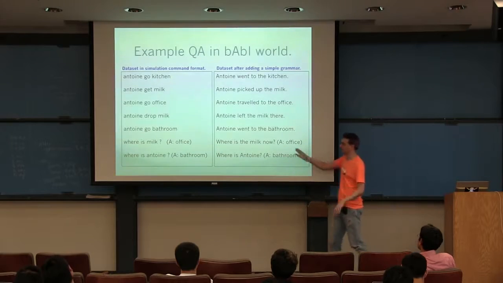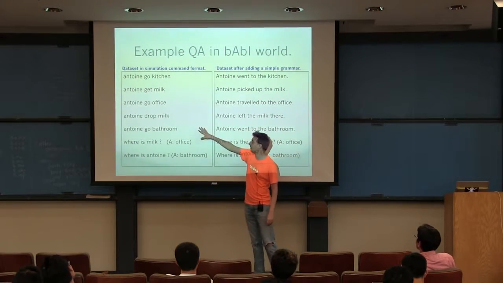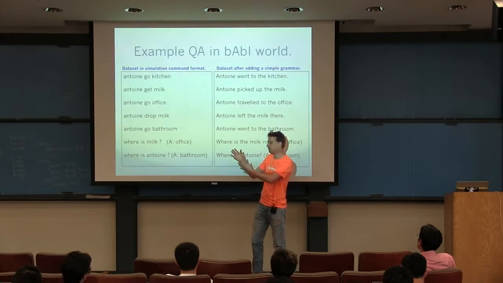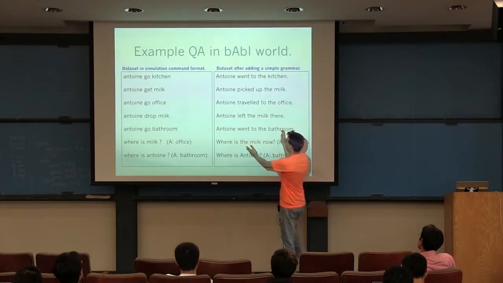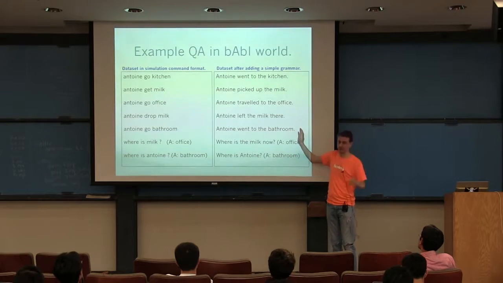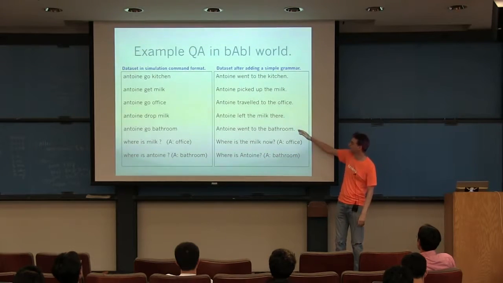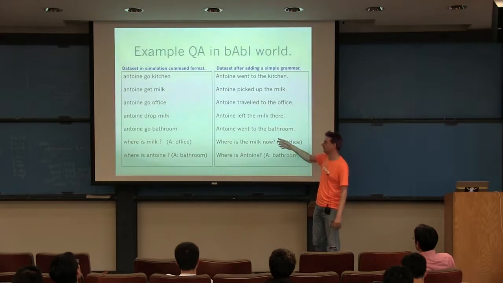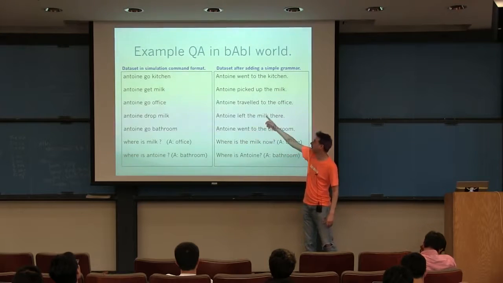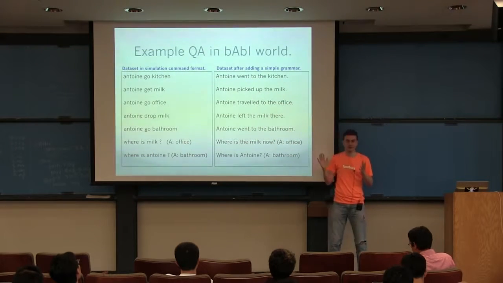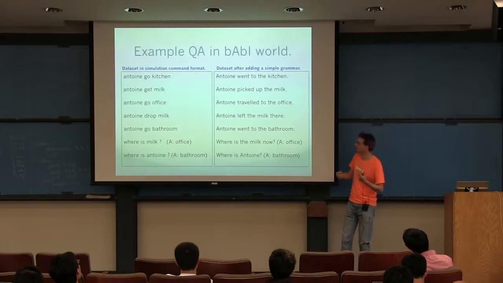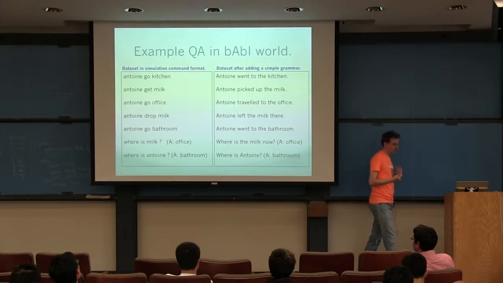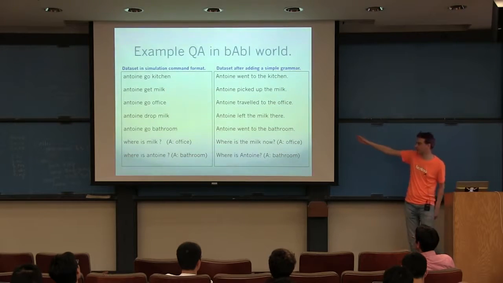So that's kind of in the simulation command space. And then what you can do is try and make some simple grammar that converts that to something a little bit more like natural language. So here we did that with a very simple piece of code that basically switches the word "go" to one of 5 different synonyms for moving, like "traveled" or "went" and things like this. And so it looks a little bit more natural here.